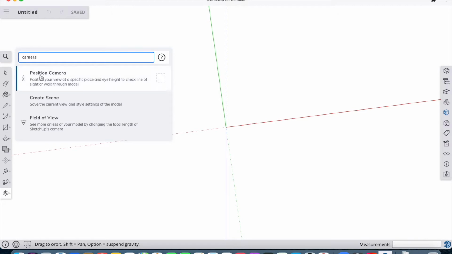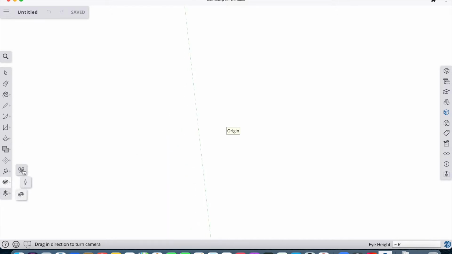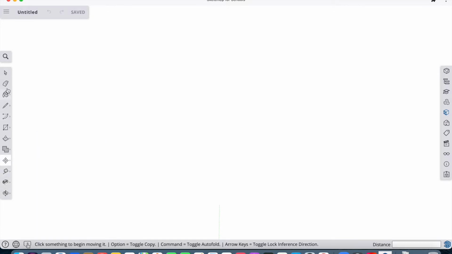Camera position. And then we'll see where we're at. What have I just done? Whoopsies. Let's see where we're at. So there it is there. It is a bit confusing at times, trying to get into the correct position. So if you just go exit, then you want to go to